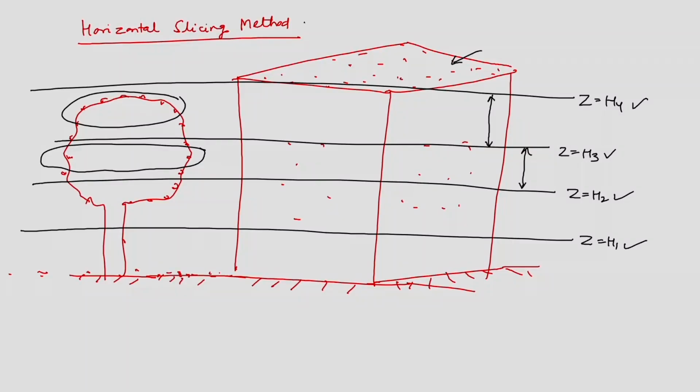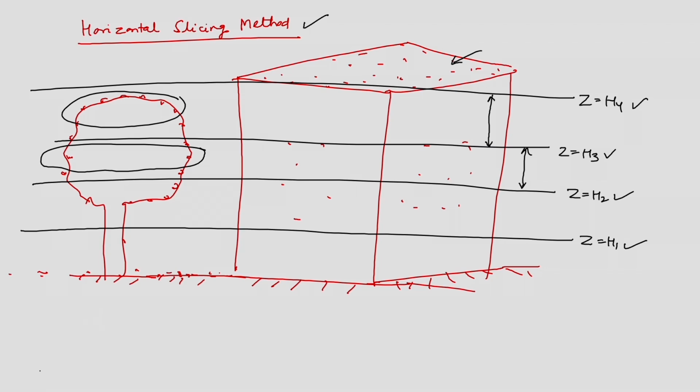the same CG for the building, because building CGs do not vary much. But in case of tree, since trees have varying shapes, the CG will keep on shifting from different planes. Looking at the changes in the CG locations, I can say that this is tree structure, so remove it from the data, and that is building structure, accept it. So that is what we call the horizontal slicing method here. I hope that you can appreciate these methods now.